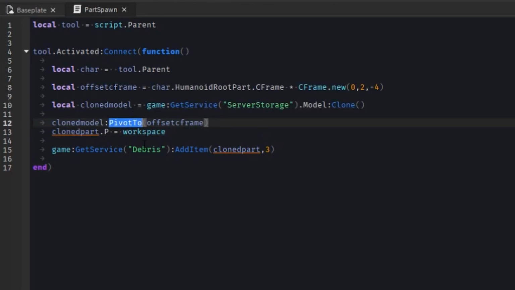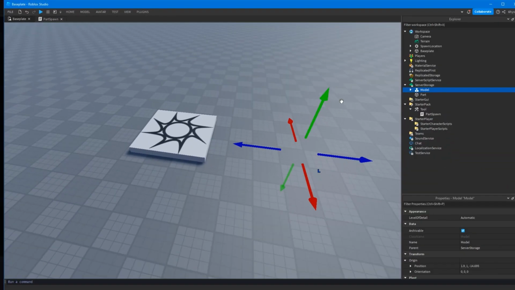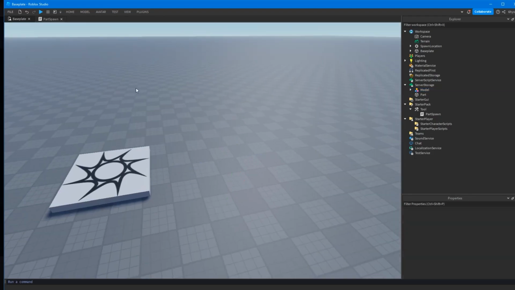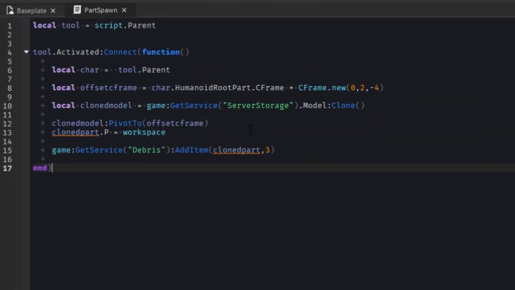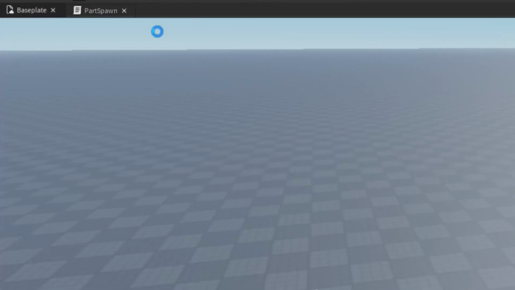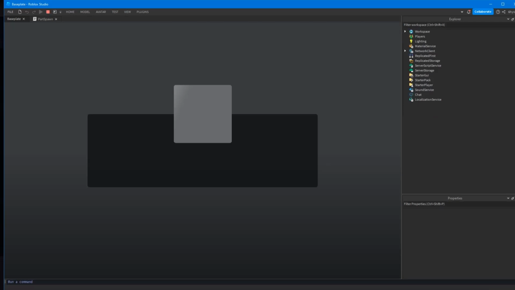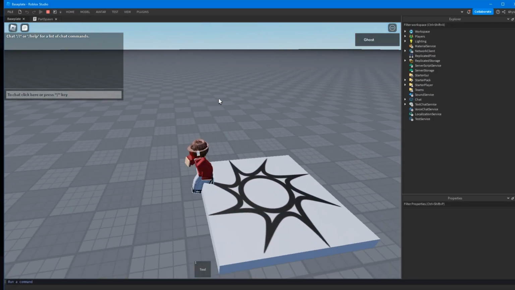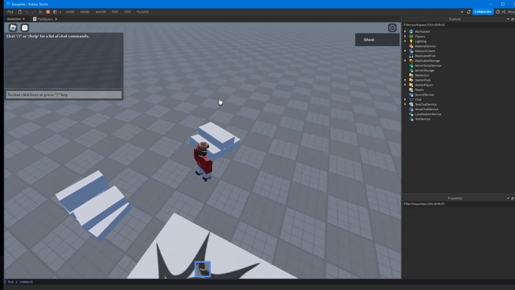So what it'll do is make it move to that CFrame, and it'll do all the calculations to move all the parts inside the model to where you want them, and it'll use the average center point of the model as where to move all the parts to. And now what we've got to do is just set the parent to workspace, and I'll add it to the Debris service or whatever. So now say I go ahead and click,